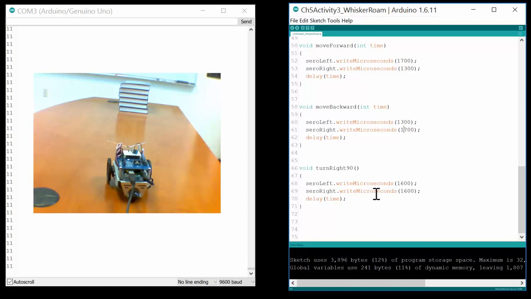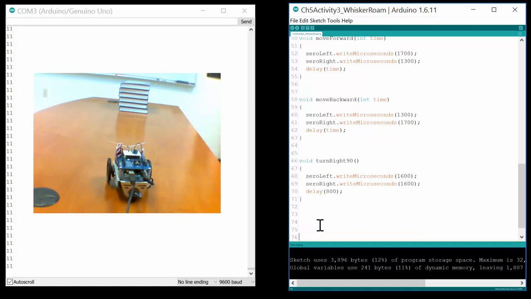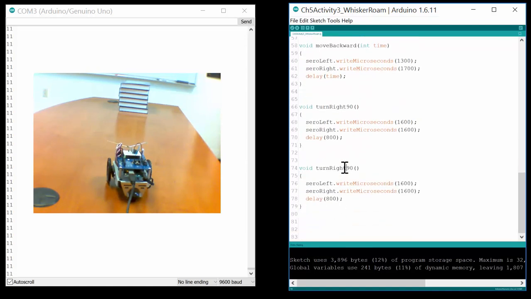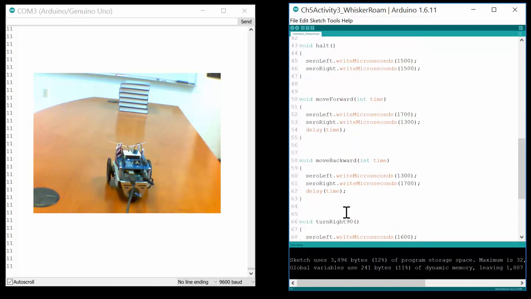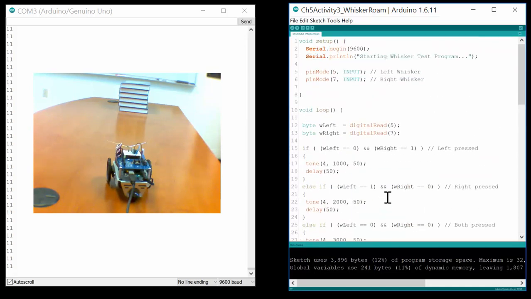And I don't go full speed on the turns. It just seems like if you go full speed, it flies. But you can do whatever you want. I'm going to do 1600, and then I'm going to delay. It's about 800. We can see what it turns out to be. It's easy to change. All right, let's do turn left. Okay. So turn right is 1600 on each, and then this one's going to be 1400 on each. Okay, great. So I got myself 5 really nice functions,